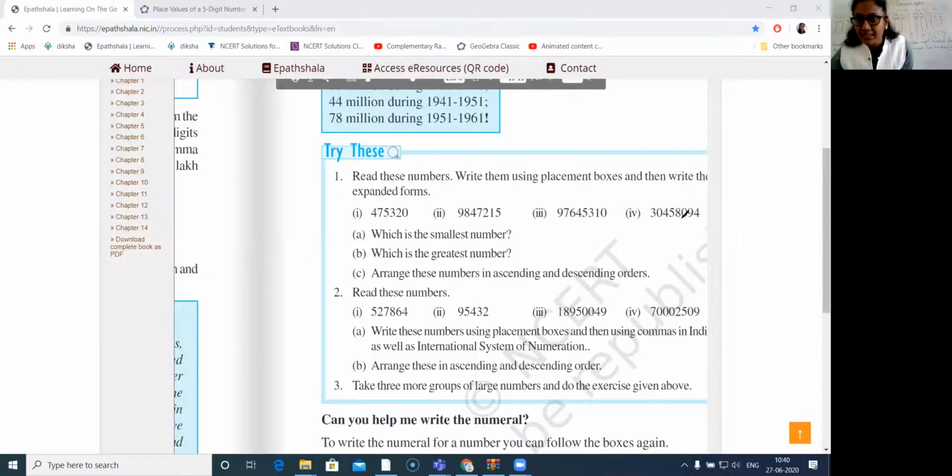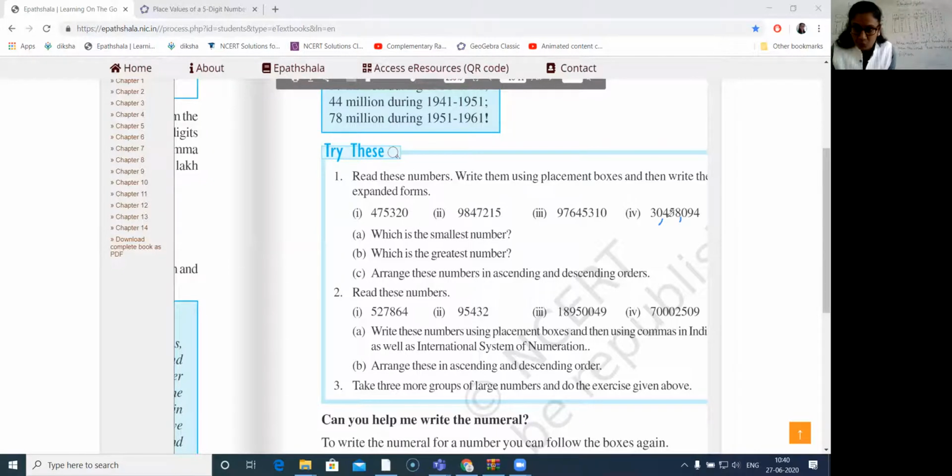So we have to take 3 digits. So I'll put the comma here. Then again 3 digits, that is between 0 and 4, I have to put the comma. Now you read this number in the international system. How will it look? These 3 are in the ones period. This is in the thousands period. You have 3 and 0 in the millions period. So 3 is sitting in the 10 million, 0 is in the 1 million. So together it will be 30 millions.